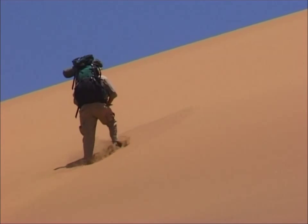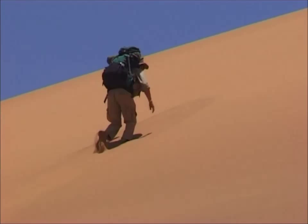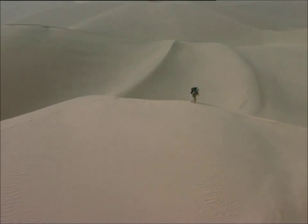and unsupported, 100 kilometers west to east. Everything I need for this inhospitable environment, I'll have to carry on my back. The dunes may be beautiful, but they're extremely hard to cross. Some of them are 1,000 feet high. Every footstep is a major effort. This is really hard. And the dunes are spread out in such a way it's impossible to walk in a